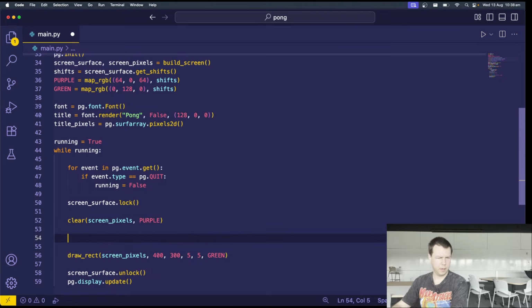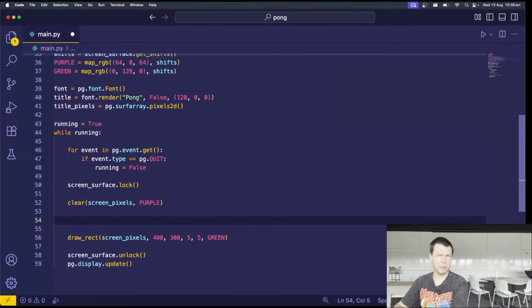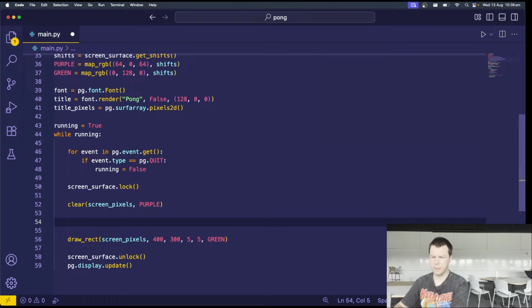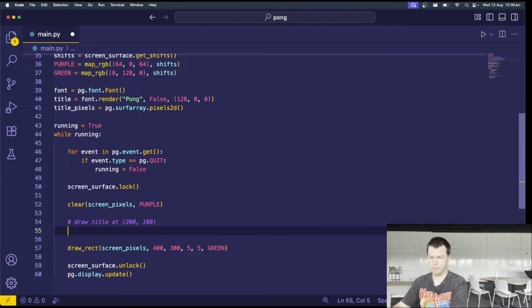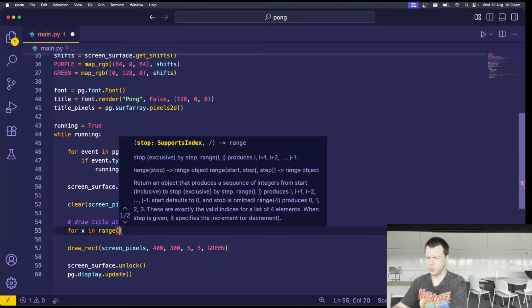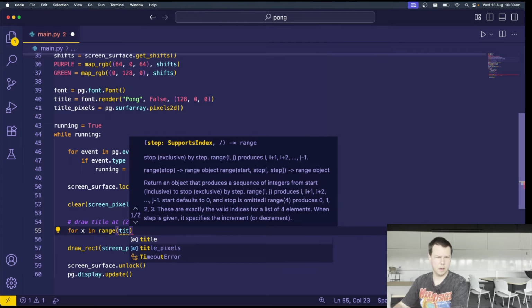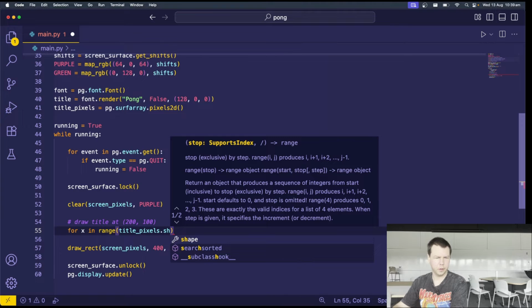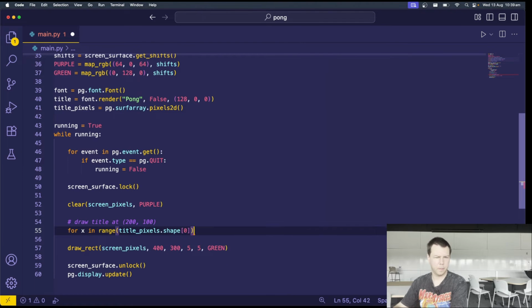So what I'm going to do is I'm going to just go here and I'll draw the text. Let's put a comment here so I remember. I'll say draw title at x equals 200, y equals 100. Okay. So I'll go through all of the elements of title pixel. So I'll go shape 0,